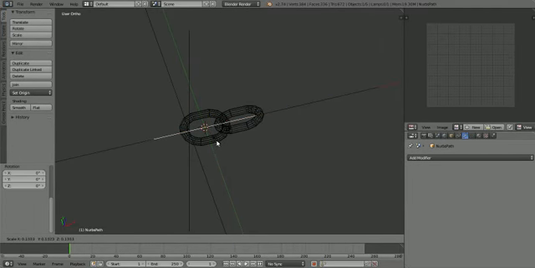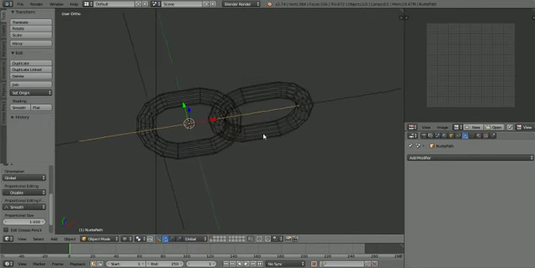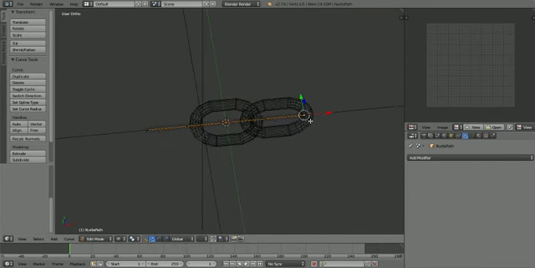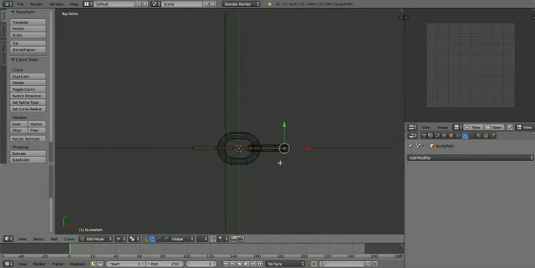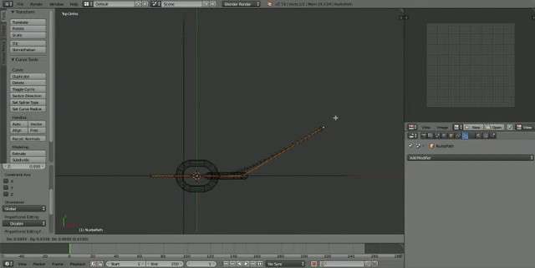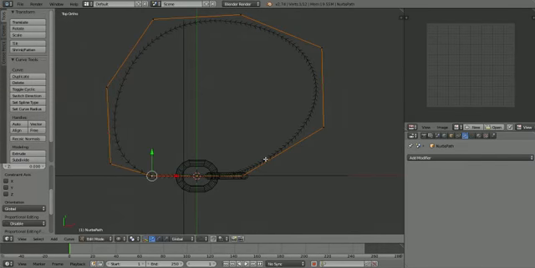You want to scale that down to be around the size of your link, and this is what you are going to use to make your chain go around whatever it is you want it to go around. And you're just going to extrude, and let's make a circle for demonstration purposes, just a rough one. Alright,